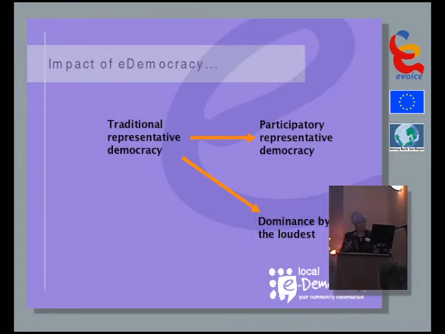So now I want to just revisit that diagram again and say, well, what is the impact of e-democracy on that? Is it a threat, because it's going to allow the loudest people to be even louder? Or is it a catalyst for change towards a more participatory model, which is clearly where I wish it to go? And a quote here: